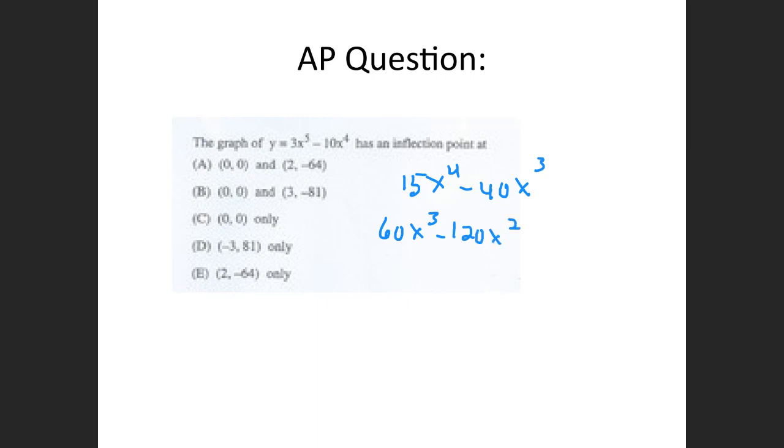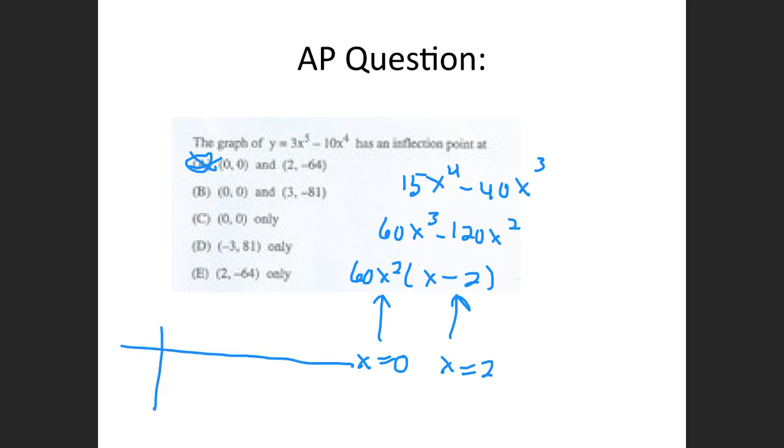So I'm going to factor out a 60x squared. So I'm left with x minus 2. So that means x equals 0 or x equals 2 on my x values. So a lot of kids would go right for A. Incorrect. So if I make out my second derivative table, f double prime of x, I've got negative infinity to 0,